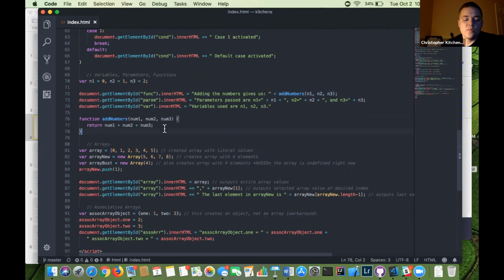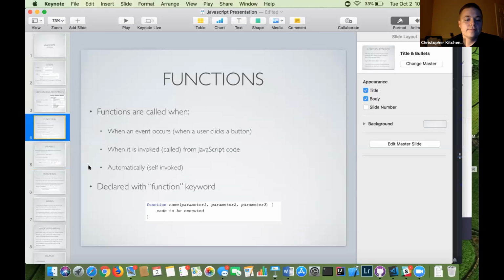And these are some areas I wanted to point out where you might get hung up. In JavaScript, it does not check to see if your parameters match up. It doesn't check to make sure you have all the parameters included. It doesn't do any sort of data type checking. So if you pass it a string where it's expecting a number, it's not going to tell you, or necessarily explode right there. It might just do something weird, where in other languages it would just not even execute. So just be careful when you're passing things to functions to make sure that you're passing in the right place you think you are.